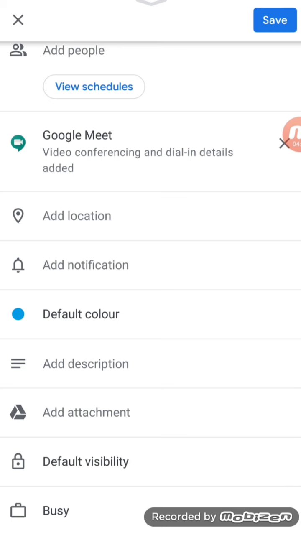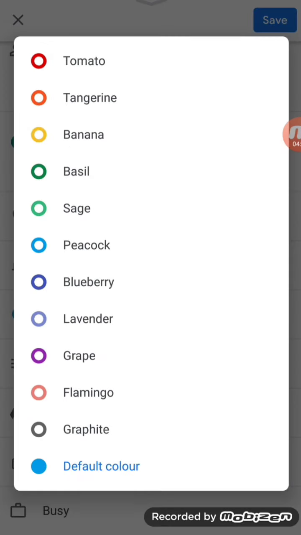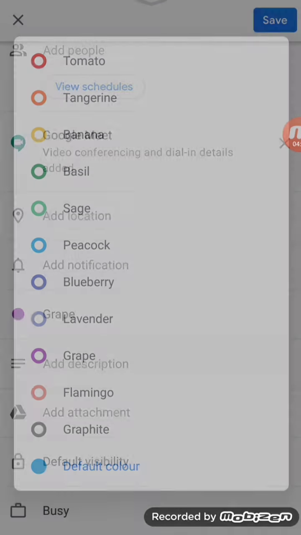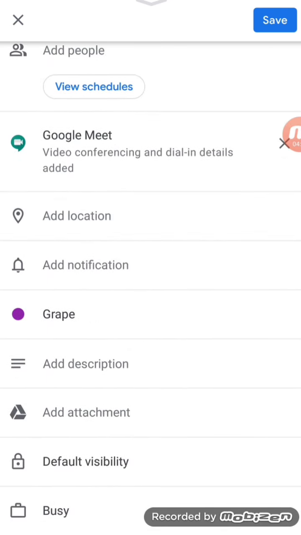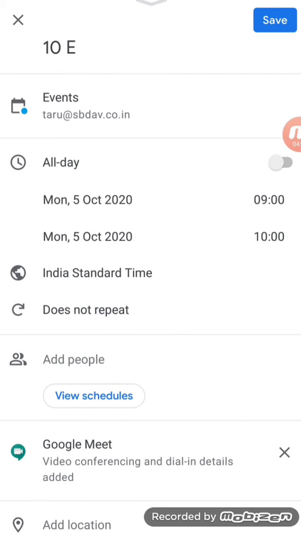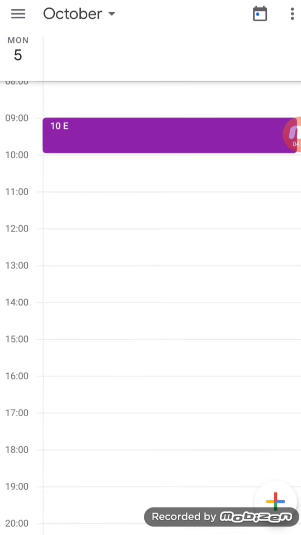And you can add some description to it. You can add an attachment to it, and you can add a color also if you want any other color in the main calendar. Suppose I select one of those, so it will be highlighted in this color, and then I can see it there in the events that have been selected. Then I will press upon save, and once I press upon save, this event is there in my calendar, and a Meet link will also be generated that I can share easily with others.